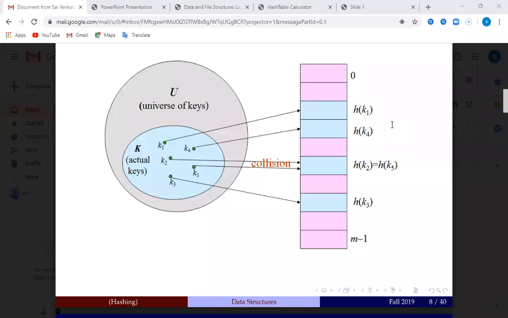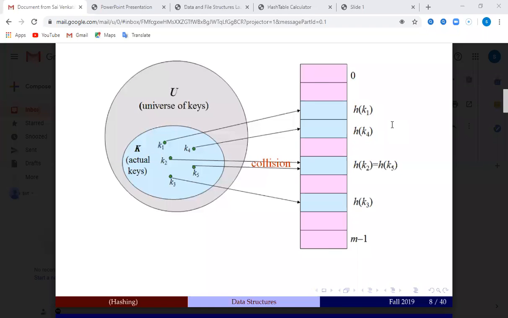After we do the hash function, we get a value, and that value acts as an index. So the output of the hash function is a value, and that value is nothing but the index of your hash table. Based on the value, at that particular index, you are going to store the key. You are going to map the key. So that is called a hash table.